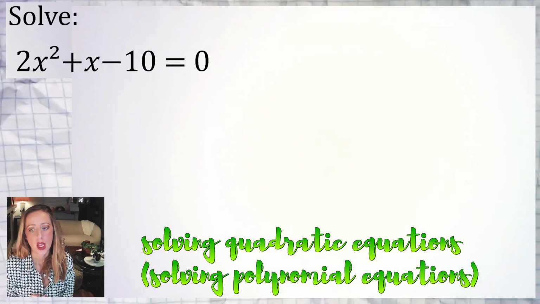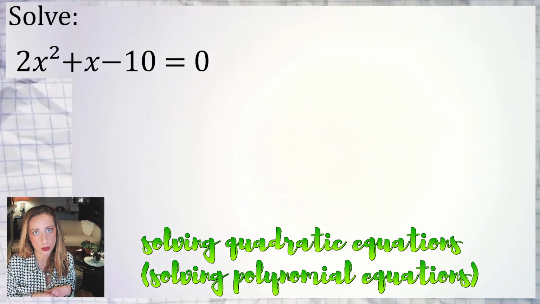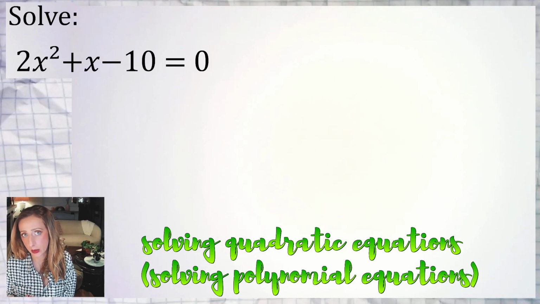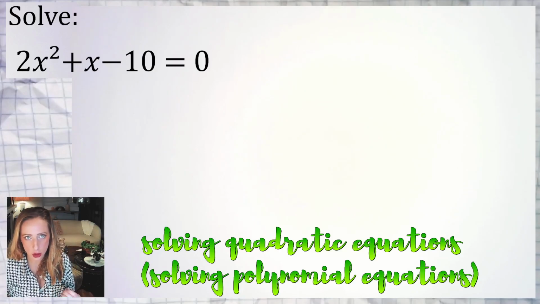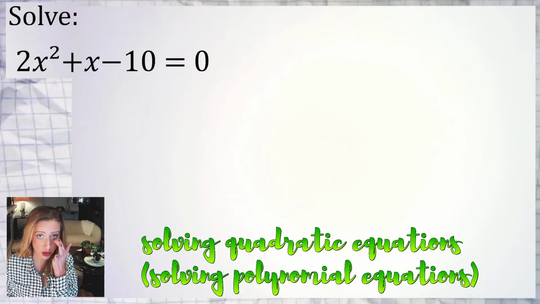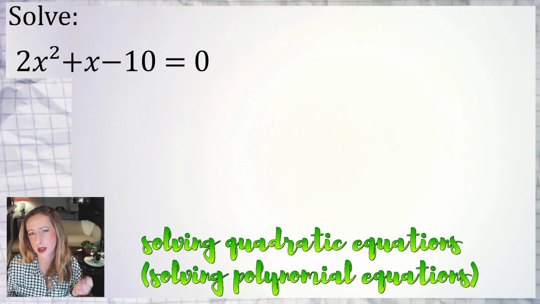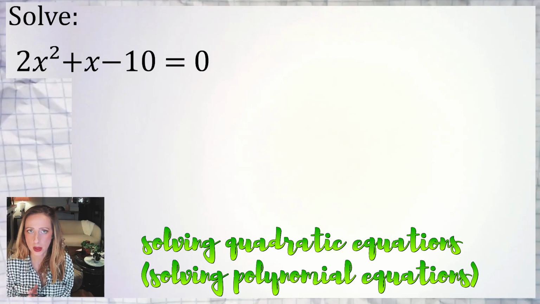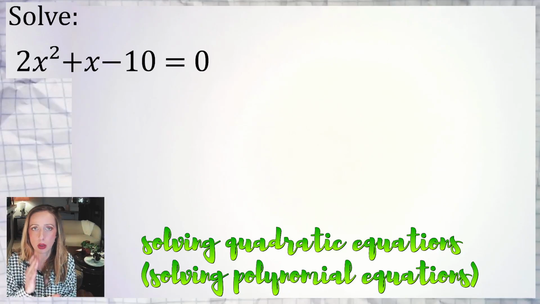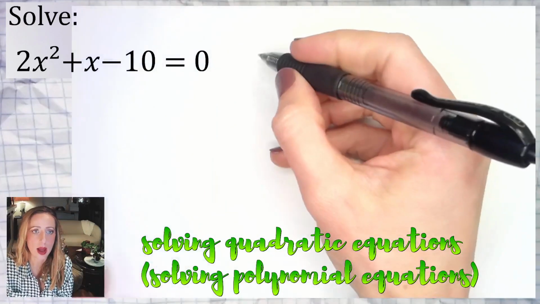When you're solving any polynomial equation, you want to make sure you get it equal to 0 first. This one is already equal to 0. If it doesn't have an equal sign, do not just stick an equal sign on it and decide you're going to solve. If it doesn't have an equal sign, look at the directions again. They probably say something like simplify or factor. They're not going to say solve. You cannot solve if you don't have an equal sign. You also can't move things to the other side if you don't have another side, if you don't have an equal sign, right? Right. So the first thing we do is we get this equal to 0,